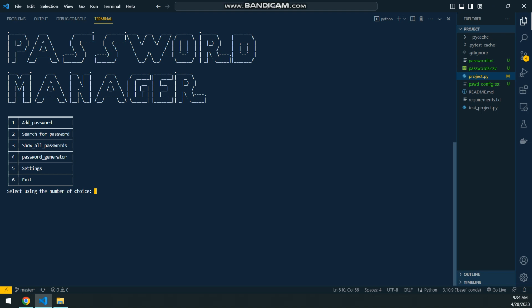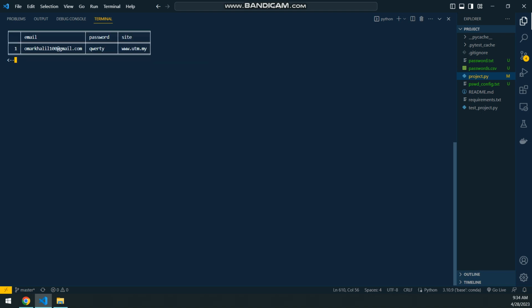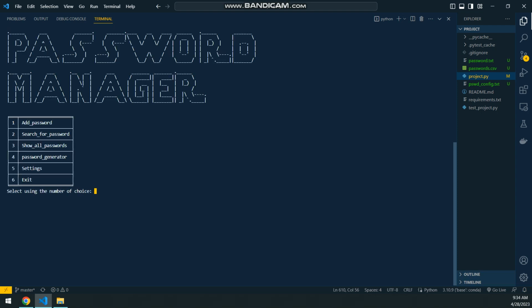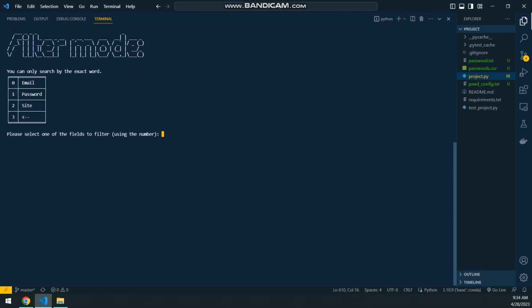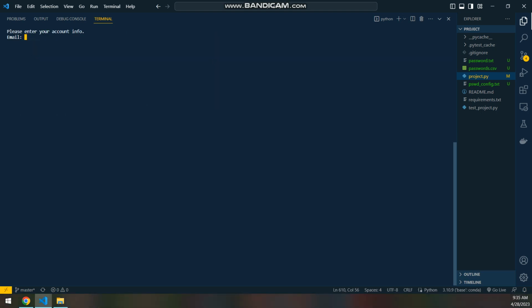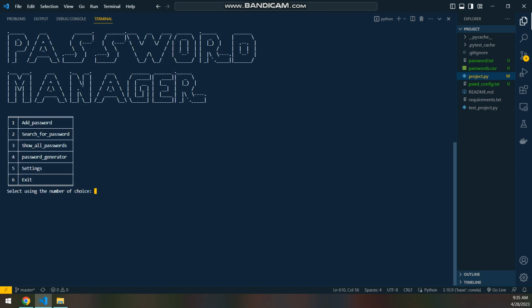So the other options are showing all passwords. As you can see, this is the password we just entered. And you can also search and filter through all the passwords. So if we add more passwords, for example, okay, so if we go to search,